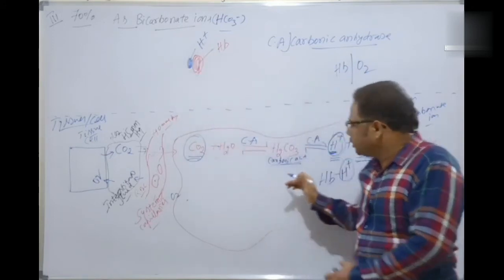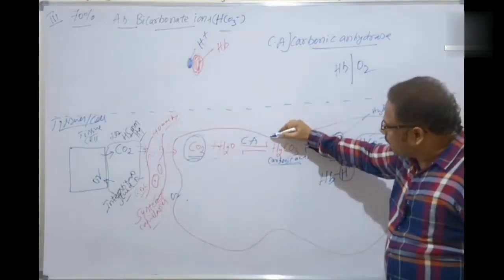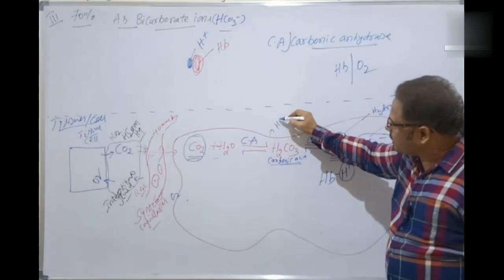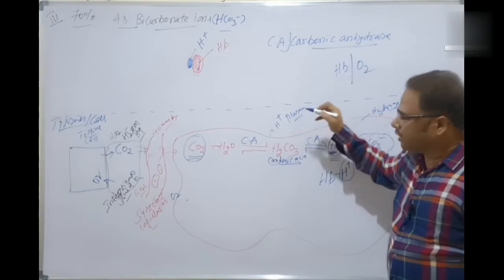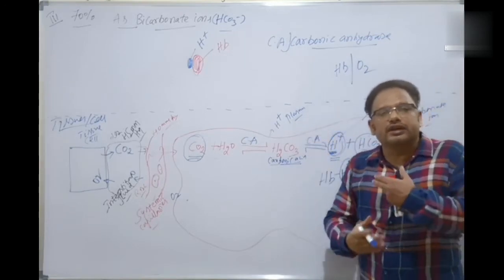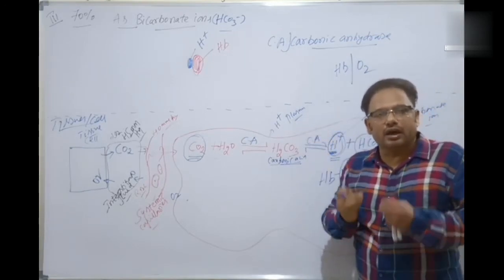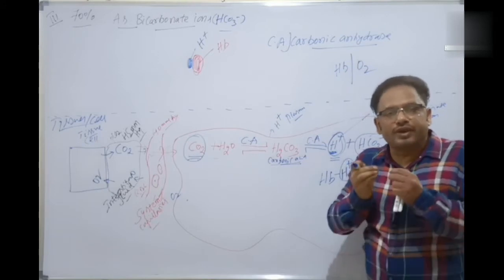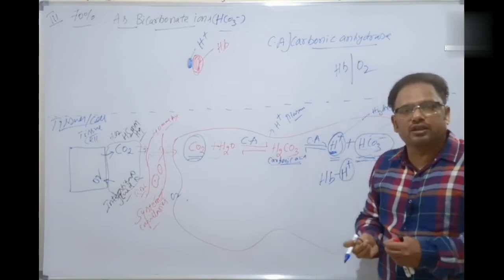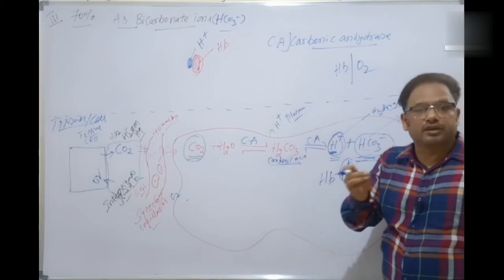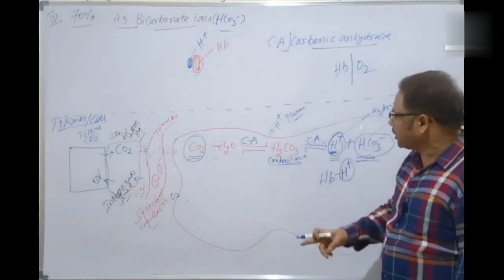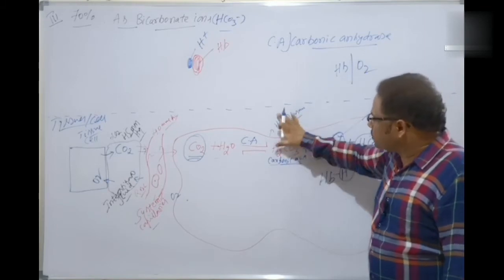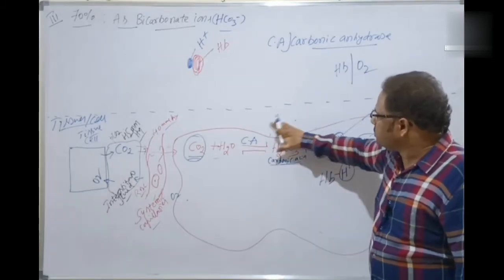Suppose the hydrogen ions are moving outside the RBCs into the plasma, then it increases the acidity of the plasma. Blood acidity is increased, which is very dangerous for the human body. In severe cases, the person may die also. It's not happening, children. Why? Because in normal physiological conditions, the hydrogen ions are tightly bound to which one?